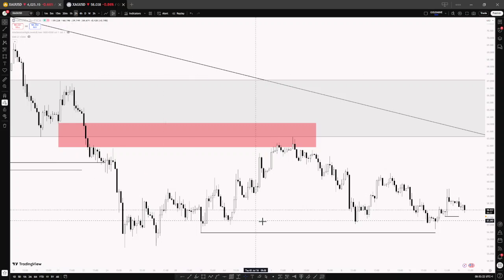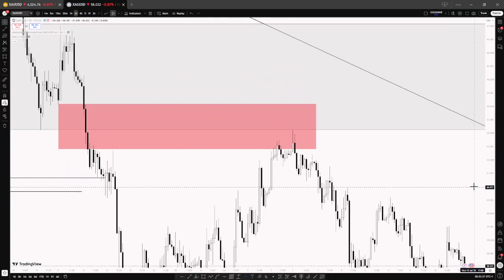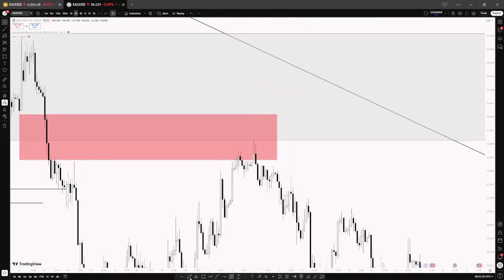I came into the market and saw that this was something of interest. Price took out this low and created some sort of Quasimodo, and then we also had inducement. Because this is the hourly time frame, I'm not necessarily waiting for a structural retracement and a break to the downside. A single candle inducement for me is enough. After the single candle inducement, the next thing I want to pick out is my point of interest.